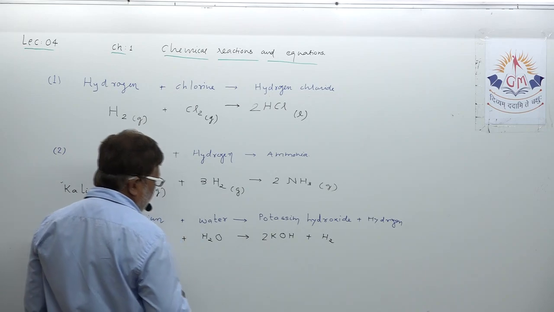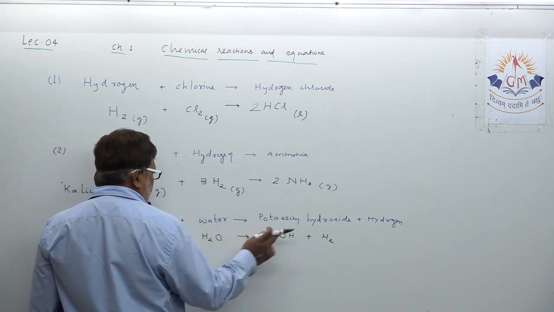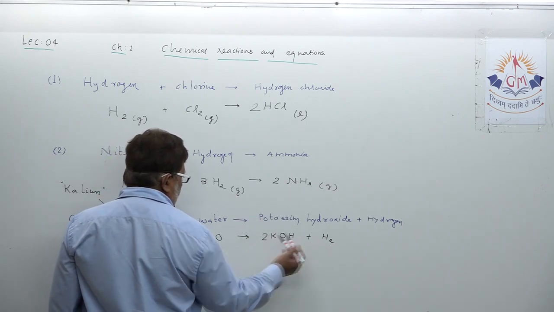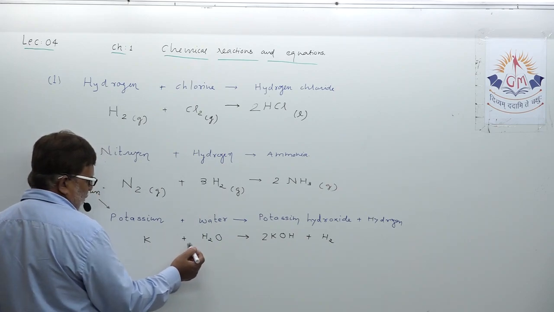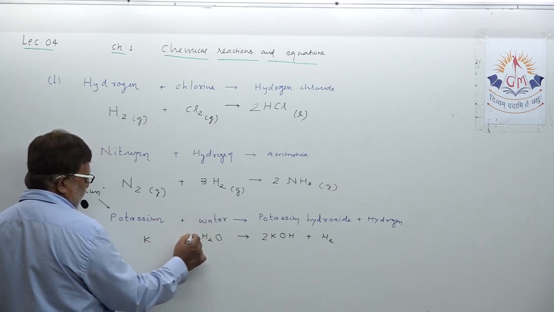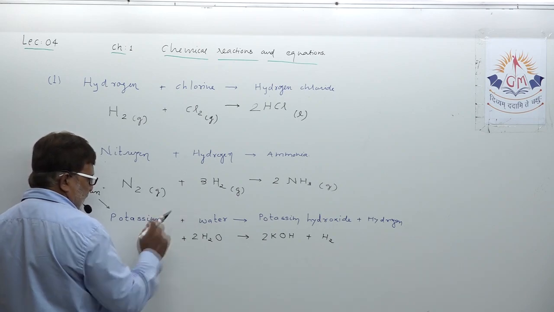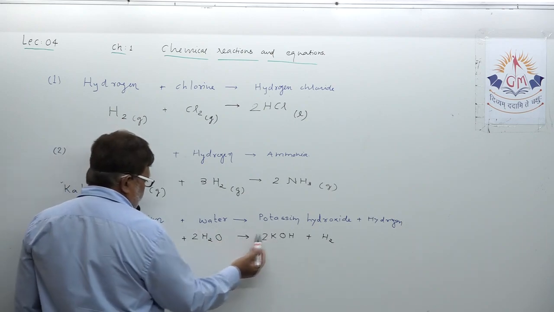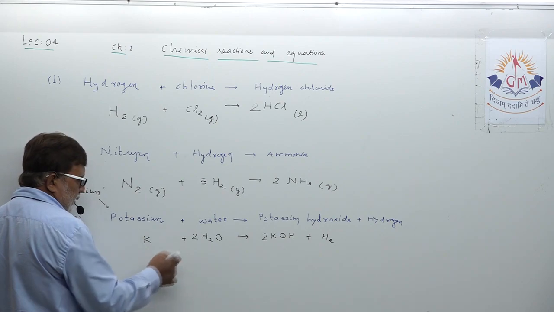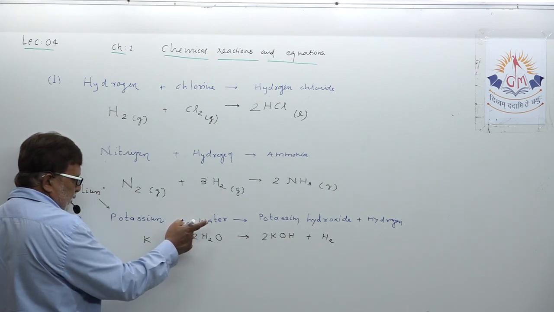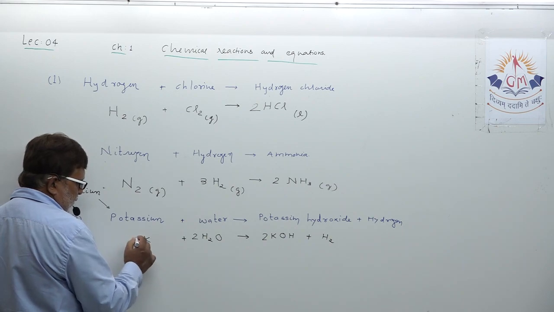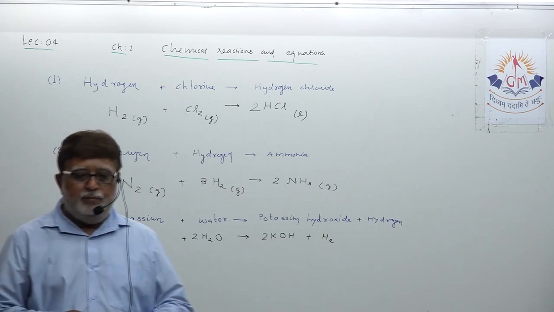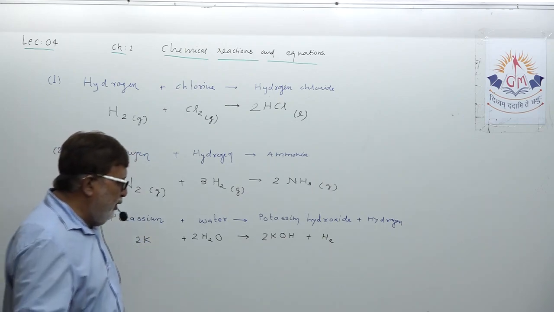Suppose I place 2 here. Now can you say how many hydrogen atoms are on the product side? 2 plus 2, 4. Here 2. To realize 4 hydrogen atoms, I will place 2 here. So 4 hydrogen atoms. How many oxygen atoms? 1. 2. So here also 2 oxygen atoms. How many potassium atoms on the product side? 2. Here 1. So let me write 2. The equation got balanced. This is called the random method. Sometimes I have placed prefix 2.